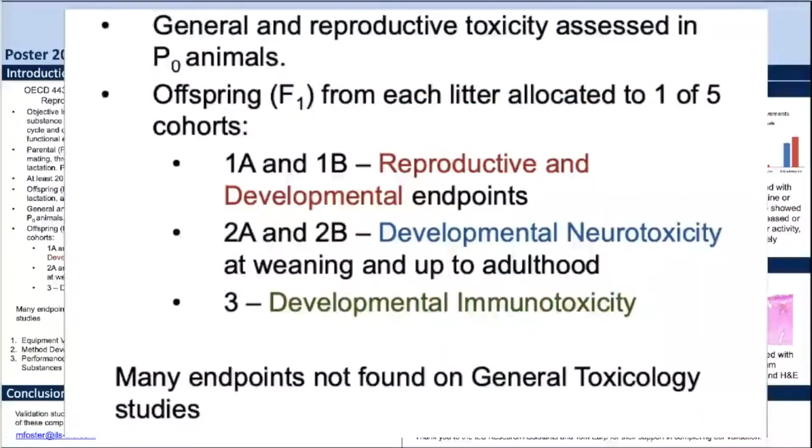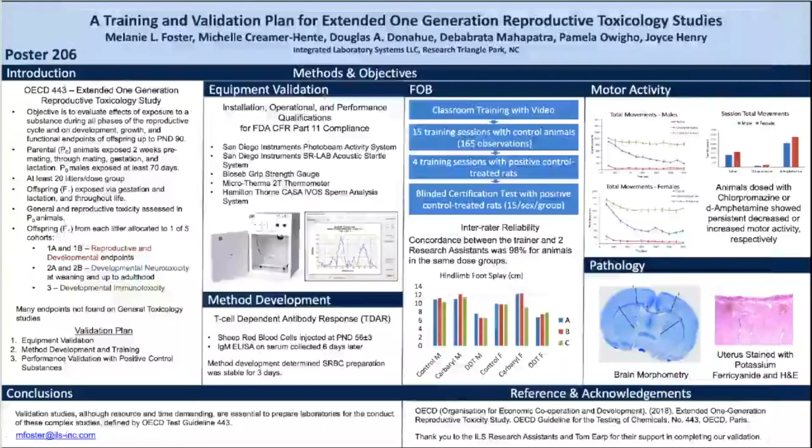to 5 different cohorts. 1A and 1B are for reproductive and developmental endpoints. 2A and 2B are to assess developmental neurotoxicity, both at weaning and at adulthood, and cohort 3 is to assess developmental immunotoxicity. These studies have many endpoints that are not found on general toxicology studies, such as estrus cyclicity, developmental